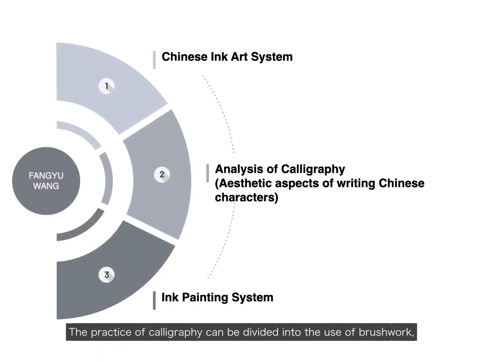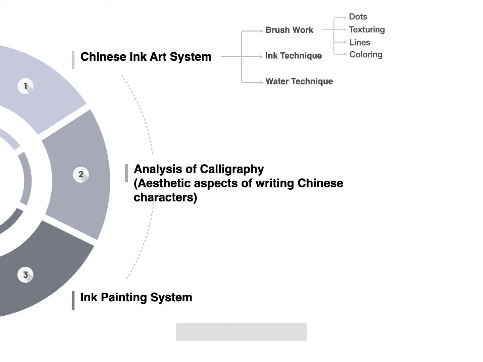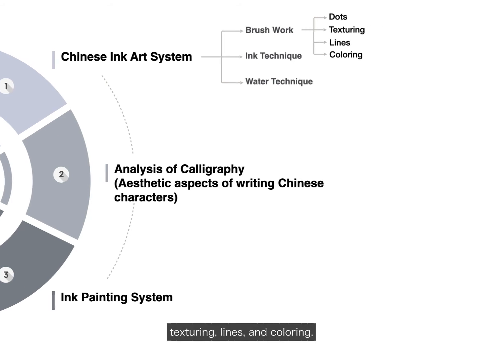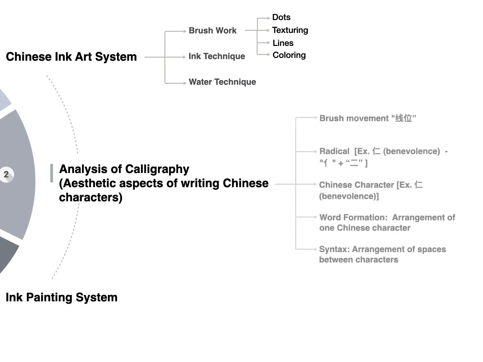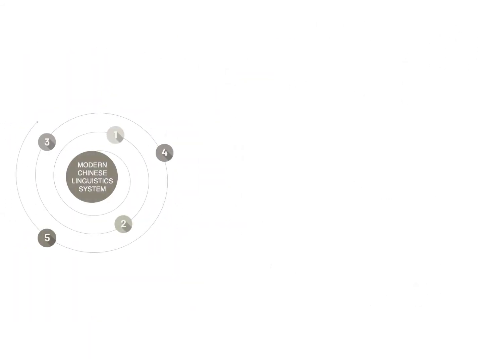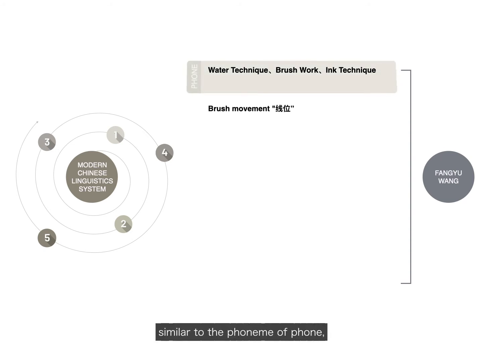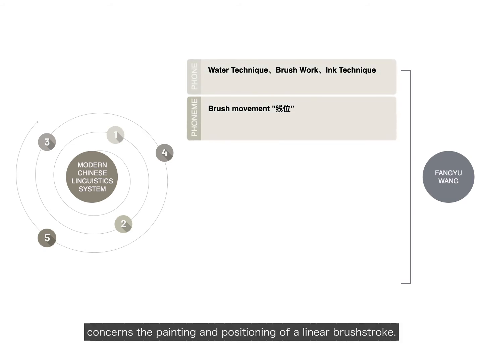The practice of calligraphy can be divided into the use of brushwork, ink, and water technique. Brushwork can be categorized by the movement of the brush into dots, texturing, lines, and coloring. Each of these categories, similar to the phoneme of phone, concerns the painting and positioning of a linear brushstroke. Together, with the use of ink and water and brushwork, these categories form individual units similar to morpheme or vocabulary